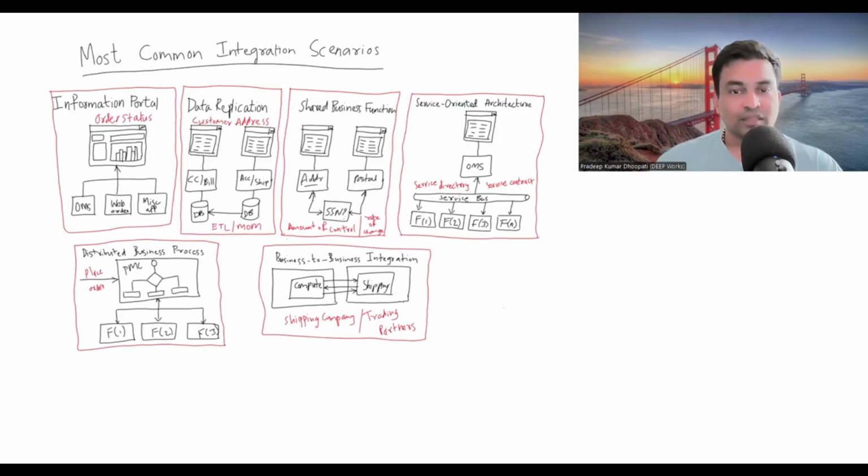And these services should also have the service contracts, and this service bus can be integrated with any application. In this example, the order management system can access any of the services available in this service bus by